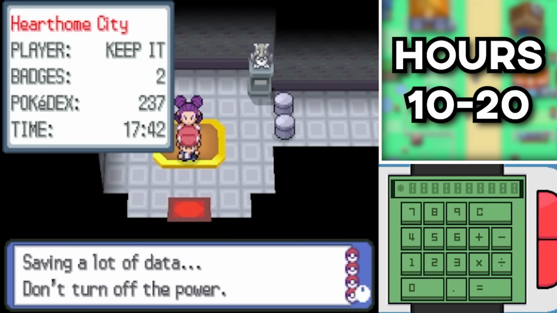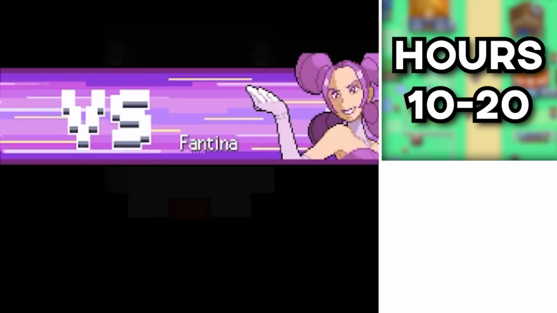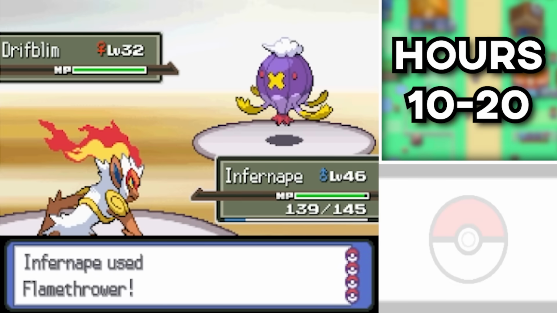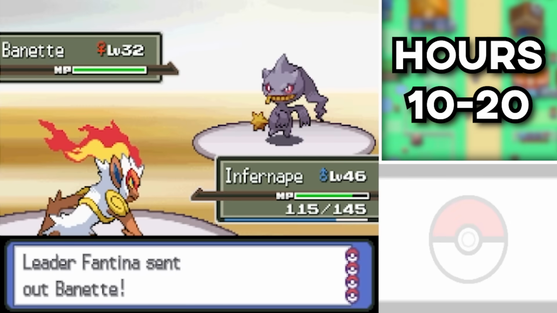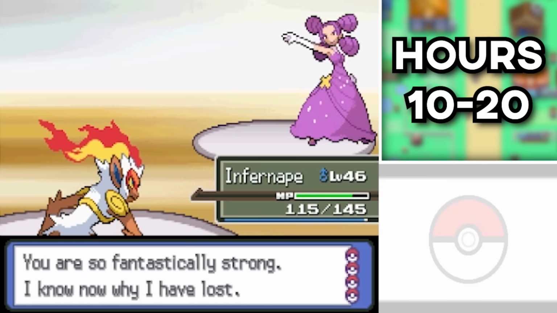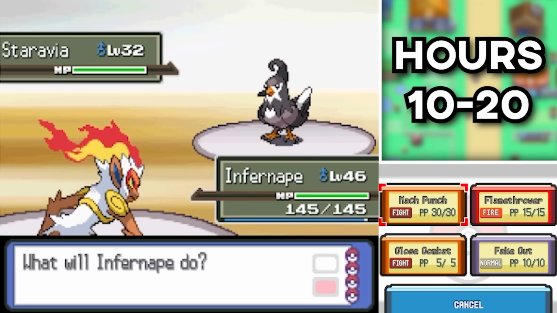We actually managed to reach her at a time of 17 hours and 42 minutes with a Pokedex solo of 237, which means we've almost seen half of the Pokemon in this game already. Doesn't mean we've captured every single one of them though. I wish there was anything interesting about this battle, but it's just me using Flamethrower. And just as I'm about to leave town, we beat up Barry as well by using Flamethrower